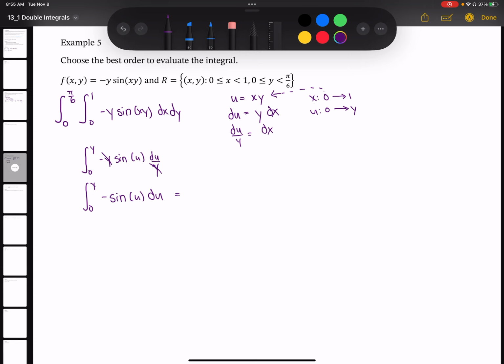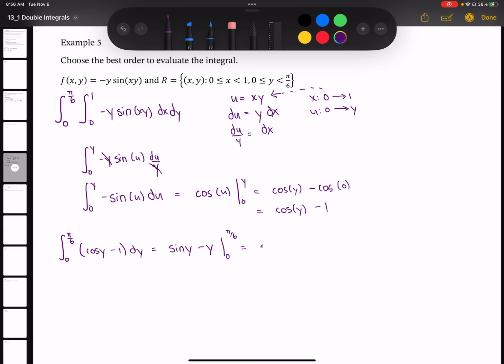And conveniently, that just turns into cosine of u, and we need to evaluate that from 0 to y. So that's going to be cosine y minus cosine 0, which is just the cosine of y minus 1. So now our outer integral, we integrate from 0 to pi over 6, and that's just cosine y minus 1 dy, which is sine y minus y evaluated from 0 to pi over 6, and that's going to be the